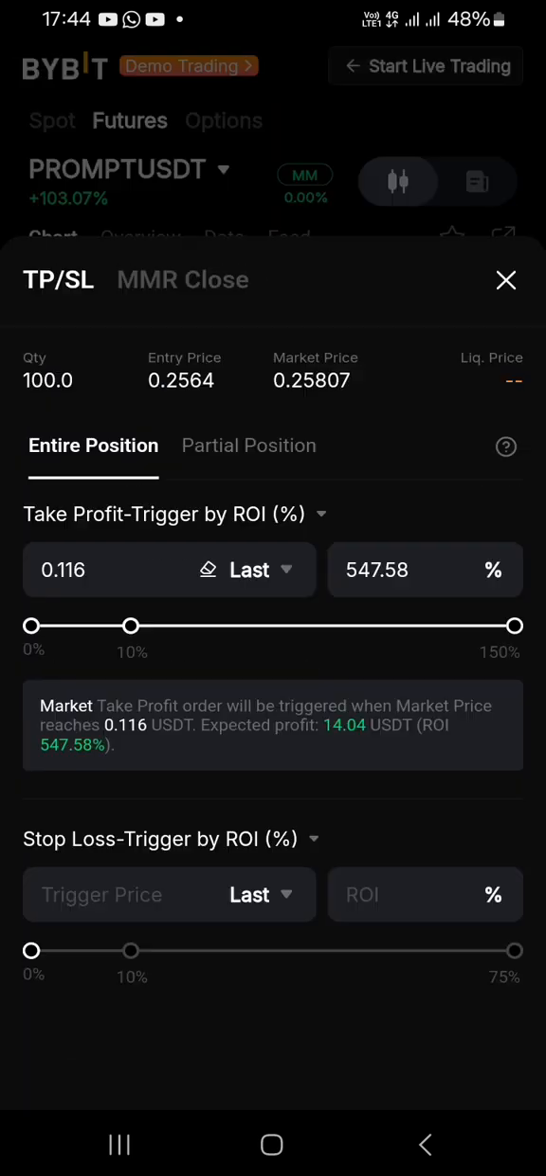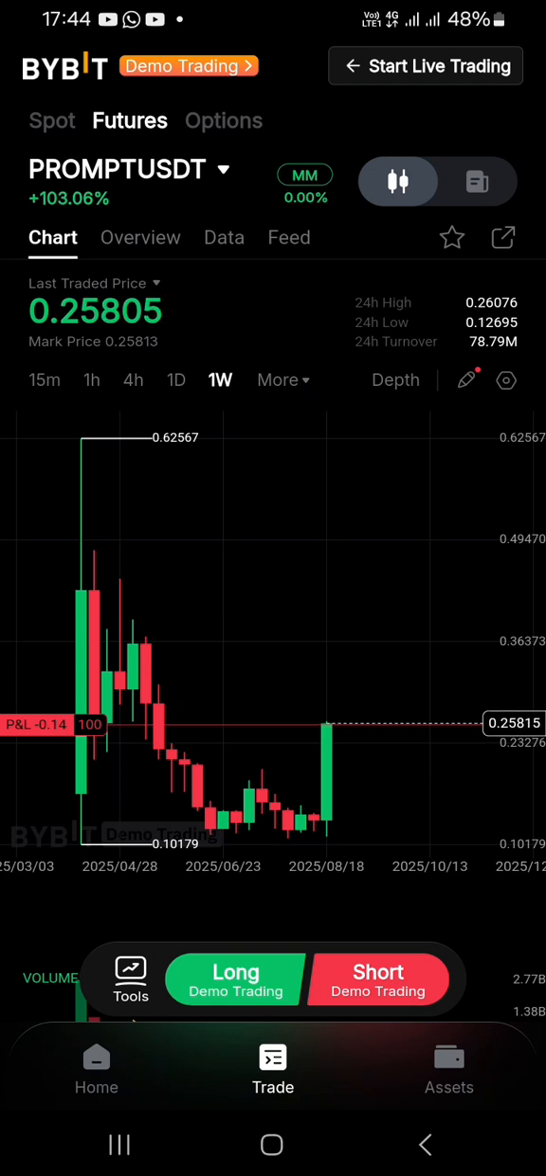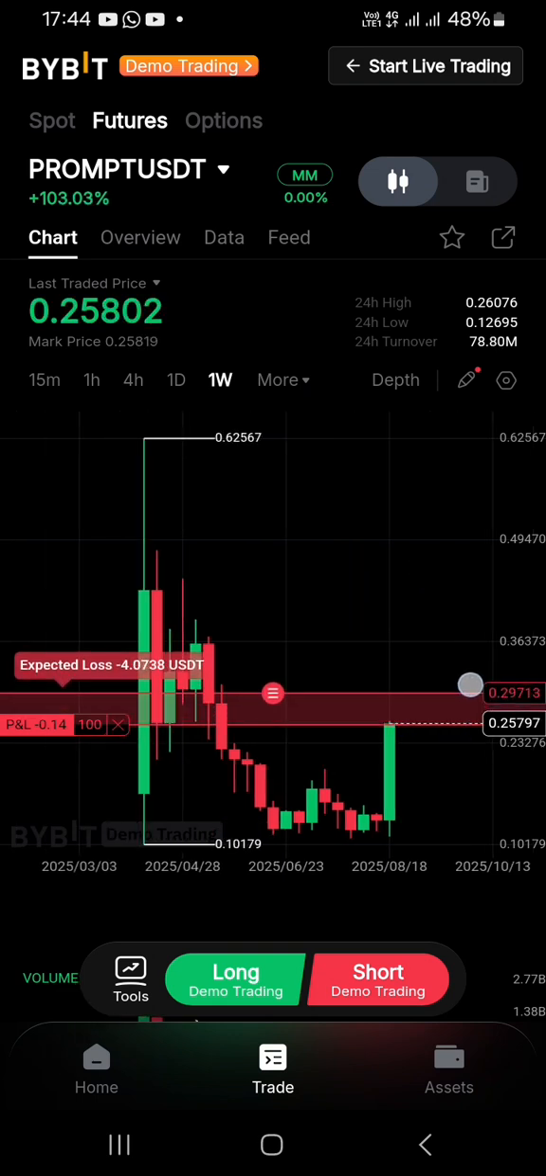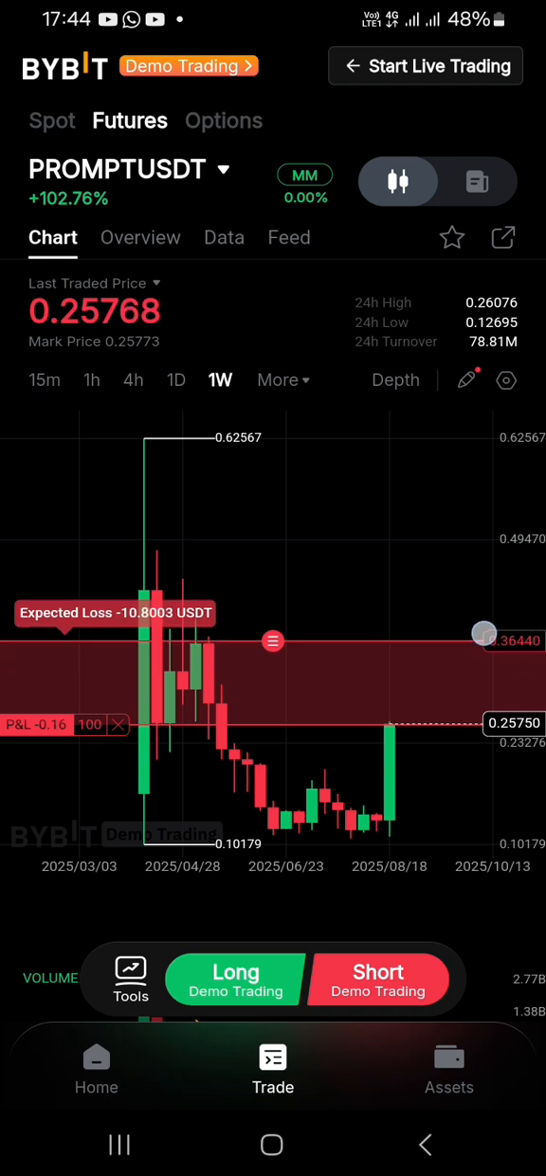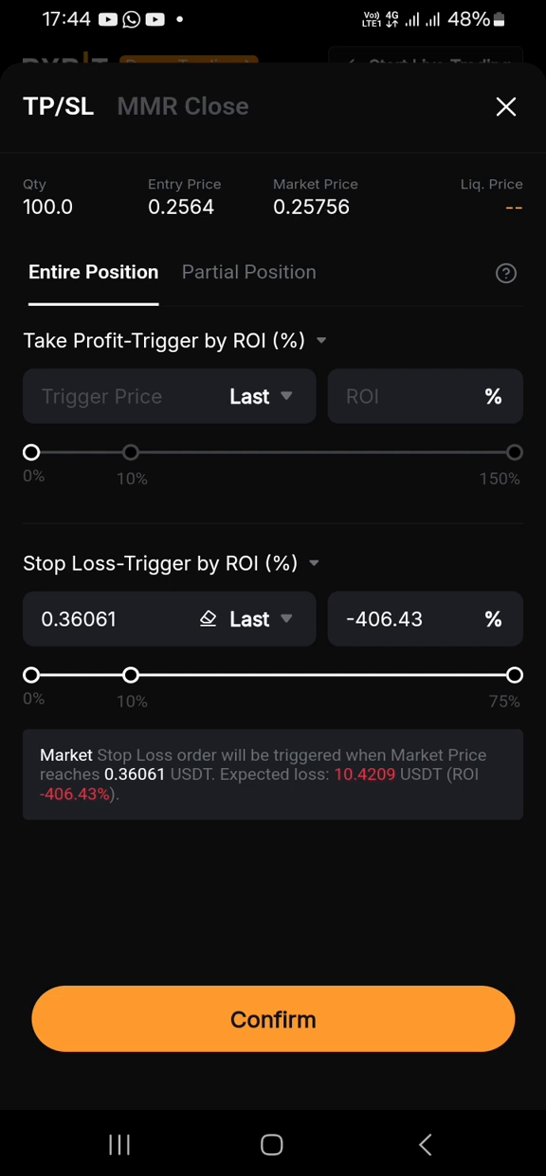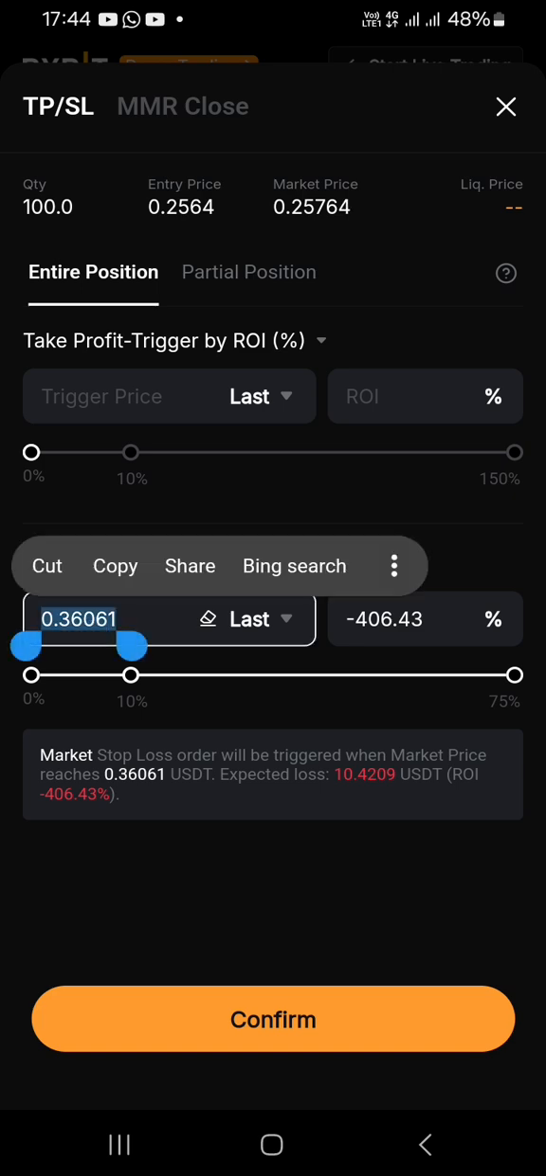$14. Okay. This was the thinking I had: if this thing doesn't go down and keeps going up, what should I do? Let's say it keeps going up and I'm losing like $10. It gets to this point, like it has gone up 40%. Now I can copy this